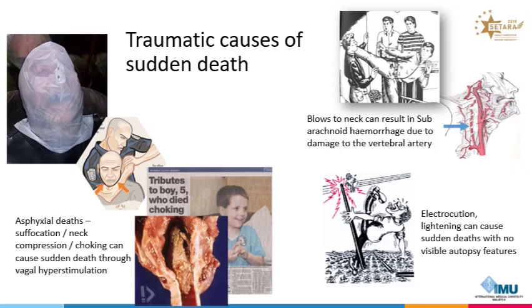Similarly, another interesting condition is the trauma that can happen to the side of your neck. What happens here is that there is a very important artery called the vertebral artery that runs upwards along the back of your neck, on either side. And this is also one of the supplies of arterial flow into the brain.